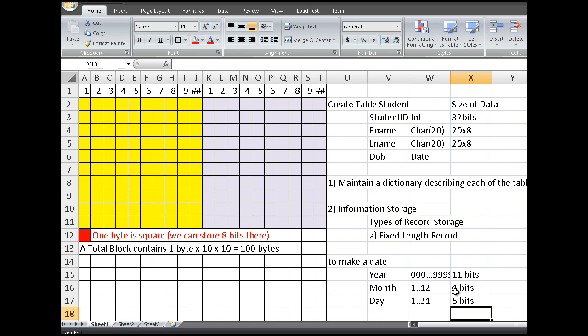So at the very lowest level, people who have to design how information is stored have to do this type of work. So that means that for my year type, this special year type going from 0 to 9999, covering 12 months, 31 days, I need 11 plus 4 plus 5, which is 20 bits. But my information is stored in bytes. So how many bytes am I going to use for this? 8, 8 is 16. I'll use 3 bytes. So 3 bytes means I'm going to be using 24